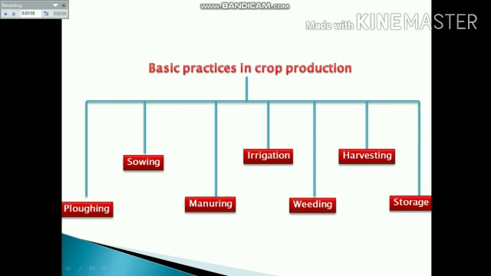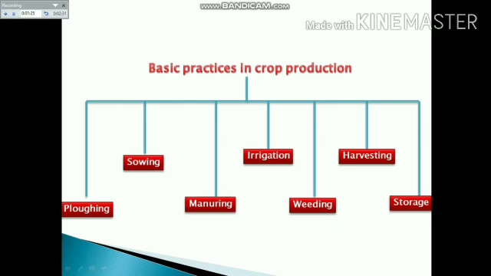The third step is adding manure or fertilizer to the soil. Both of these things increase the soil fertility because they replenish the soil with the lost nutrients. We have also studied what are the advantages of both manure and fertilizer, what are the differences between manures and fertilizers, and also what are the disadvantages of using excess of fertilizer in the field.